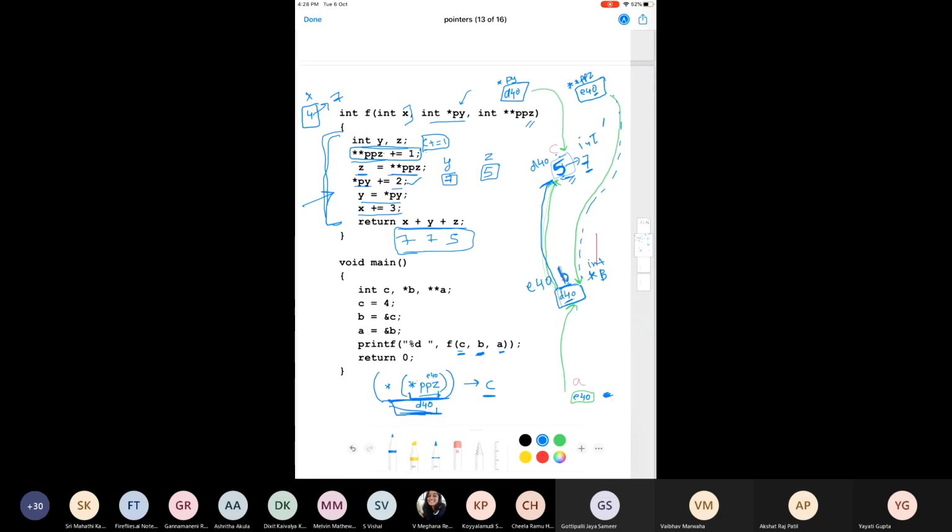Okay. Tell me one more thing. Generally we declare an array like this. Let's say it's an array of size 100. What if I try to do some changes to A of 103?